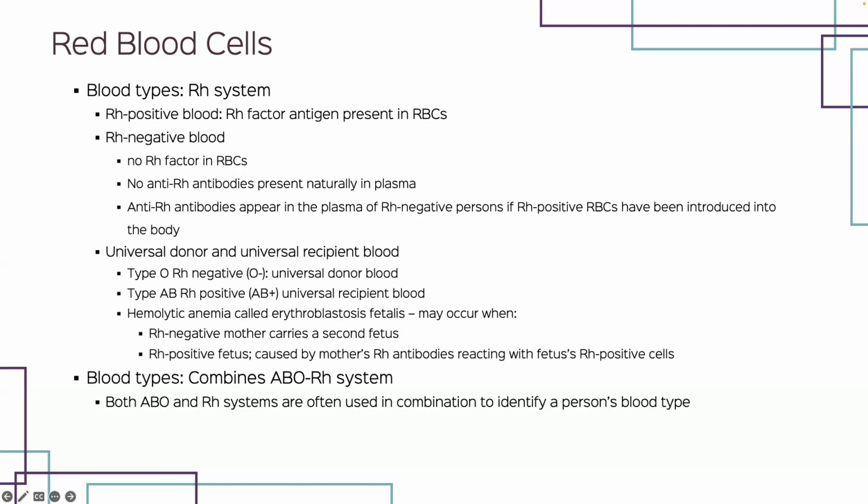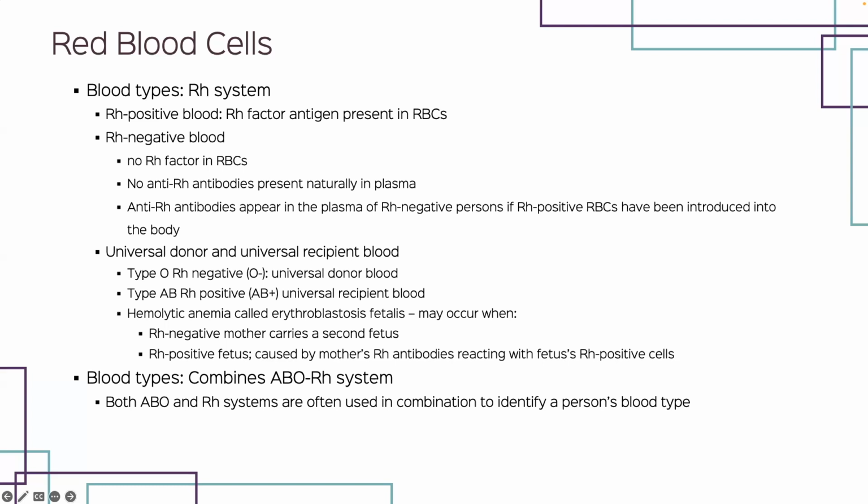You may be familiar with the term Rh positive blood. It means that the red blood cells of this type will contain the antigen called the Rh factor. So it's essentially going to be your positive or your negative. So AB negative, type O positive, type O negative. That's really all you need to know as far as that. I'm not going to read through this whole paragraph here because